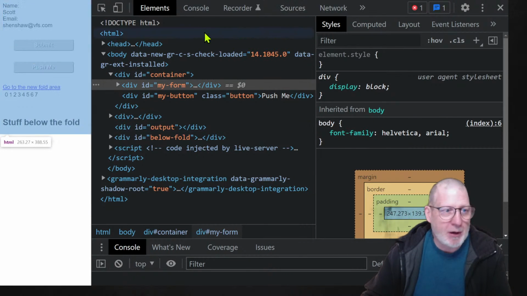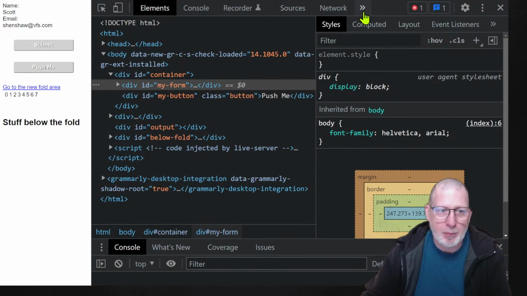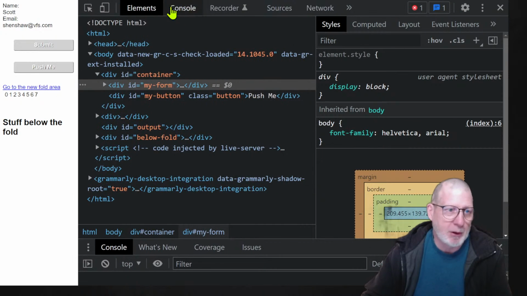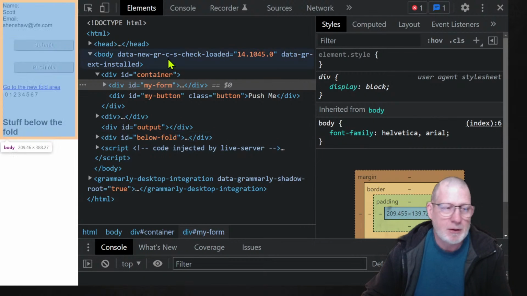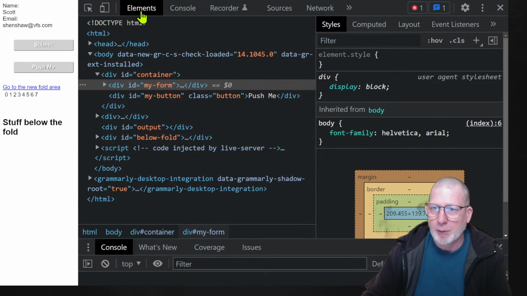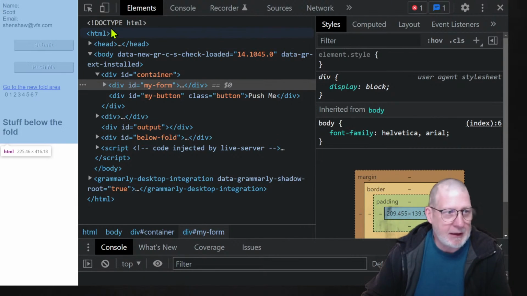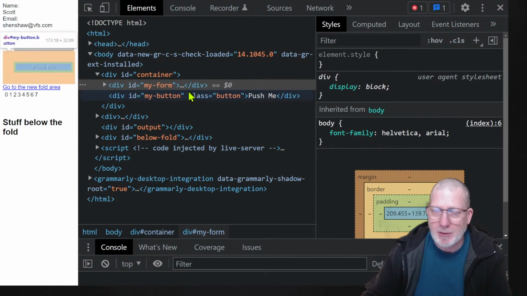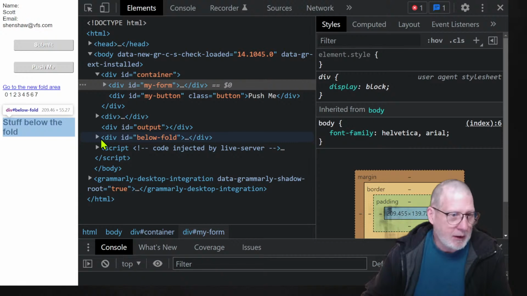Now, when you look in this debugger, it has a bunch of tabs across the top. And I've got them really shrunk down or really blown up, so you can't see all of them here. But we're interested in really two of them. One is elements. And in the elements, you're going to see the browser's interpretation of your HTML,